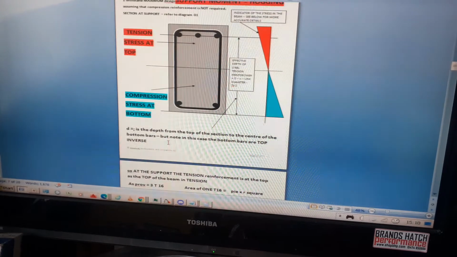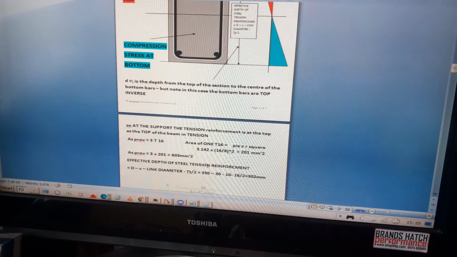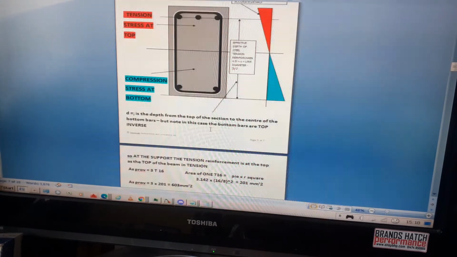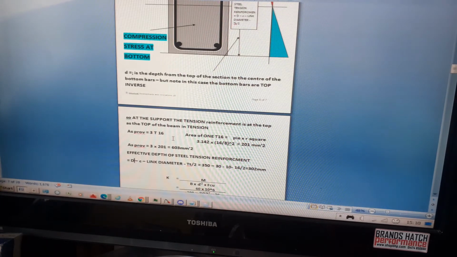So it's given in the question that you have 3 T16 bars at the top. The question says check that the tension reinforcement provided is okay. So you need to find out the area of 3 T16. Usually you would use the charts if you're in the design office. But I'm just going to do it the long way so you can see how it's done, if you ever get stuck. You just do pi r squared. The area of 1 T16 is pi times r squared, which is 3.142 times